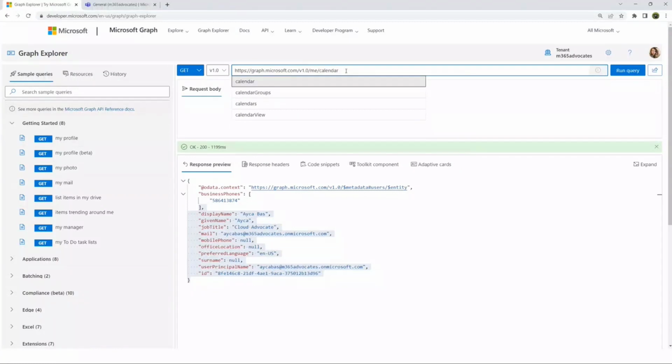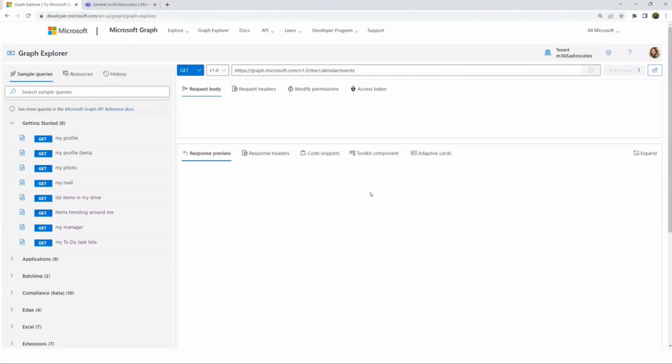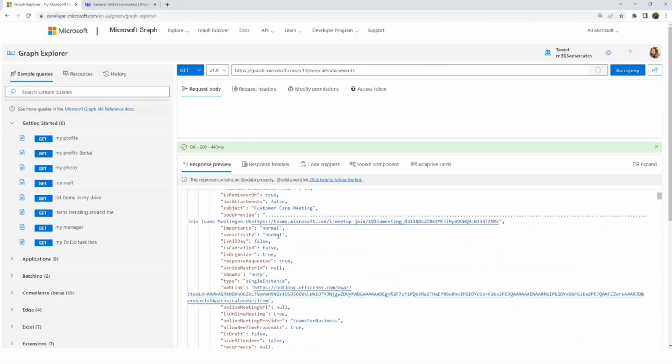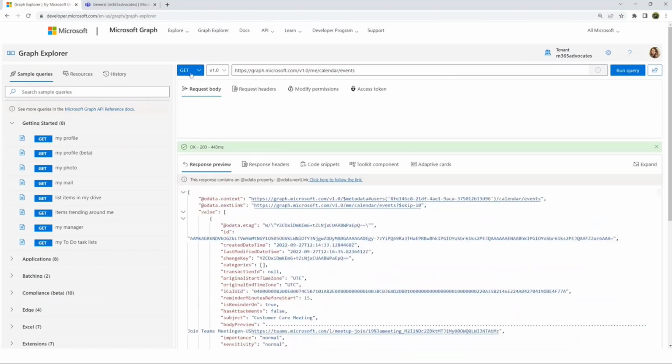I can get calendar events, for example. While I'm doing that, I get all of the events from my calendar, but also I can create a new calendar event by just doing a simple post request to this URL. The only thing I have to do is define the event details, such as name, time, and so on. And today we will consume exactly this API to dynamically create a Teams meeting URL in the calendar invite behind the scenes. So let me get back to my